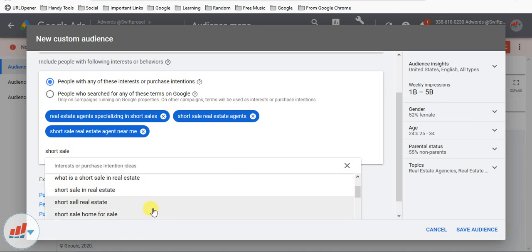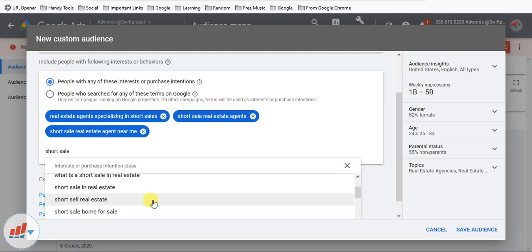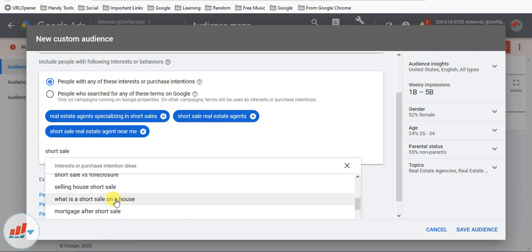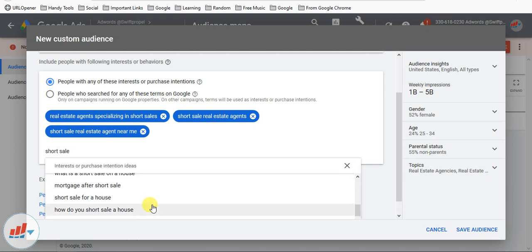Short sale real estate, I don't want to go with that, although it's about selling, but still I don't want to go with that. Short sale home for sale, again this is a query used by buyers and not sellers. Short sale versus foreclosure, a broad query. Selling house short sale, again this is not good. What is the short sale on a house? I don't think this will be a target audience. Mortgage after short sale, no.